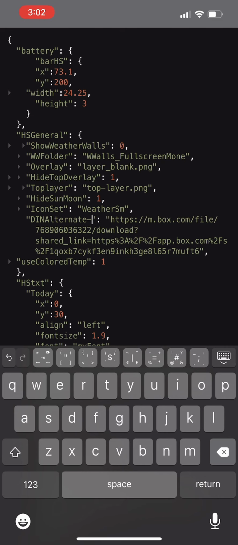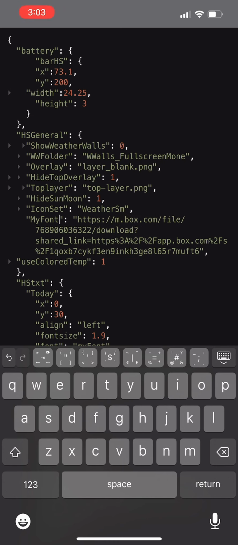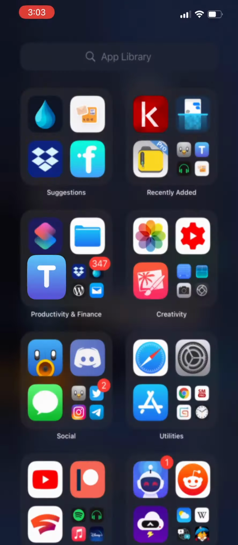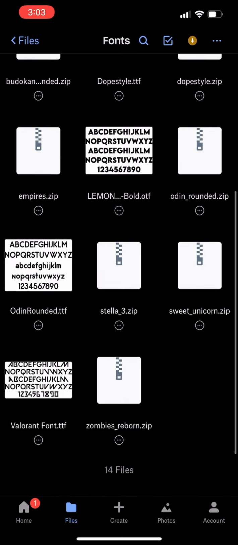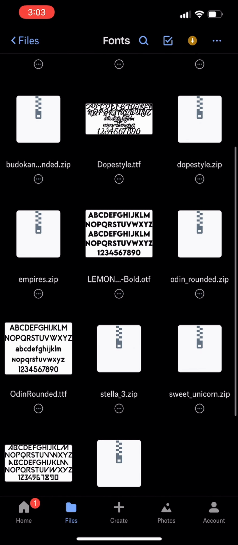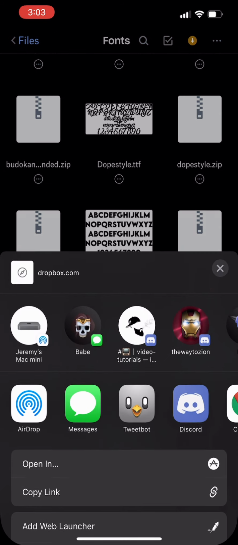So change the name here to MyFont with a capital M and a capital F. And now you need to specify a link. Now I'm going to show you guys the Dropbox method, just because that's what I use and I know how it works. So in my Dropbox, I have some fonts available. As you can see right here, I'm already in the fonts folder, and I'm going to use this Lemon Bold font right here. What you can do is you can copy the link, copy link again,